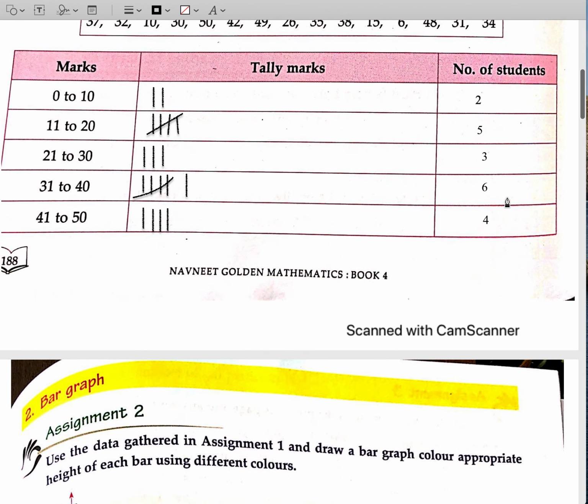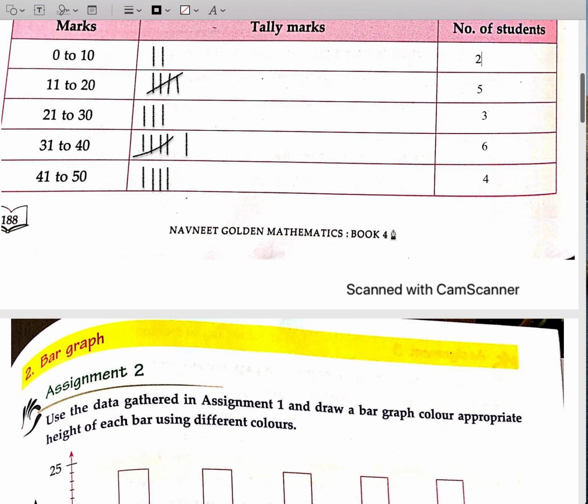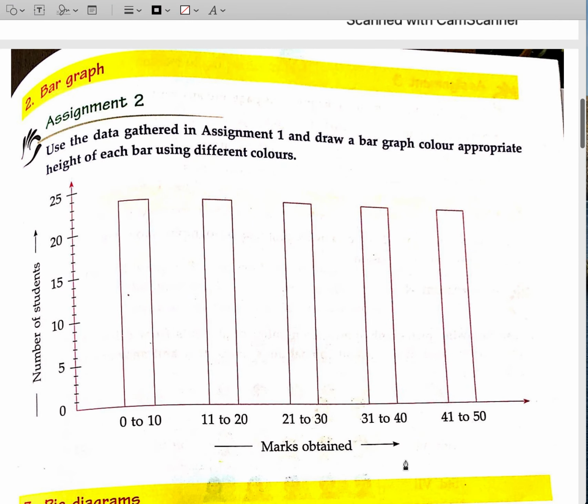So suppose now here it is 6. So 0 to 5, 6. And it falls in which category? It is 31 to 40. So this is the 31 to 40 category. And here is 6. So here till here. So we have to color this whole thing only till here, not more than that. If we color more than that, then it will be maybe 6, 7, 8, 9, 10, which would be wrong. So we'll only color till 6.